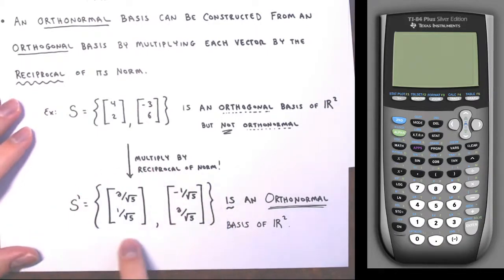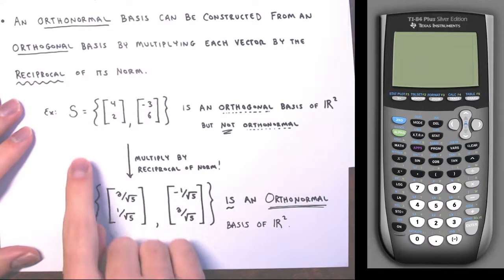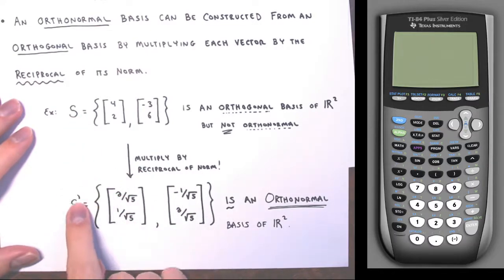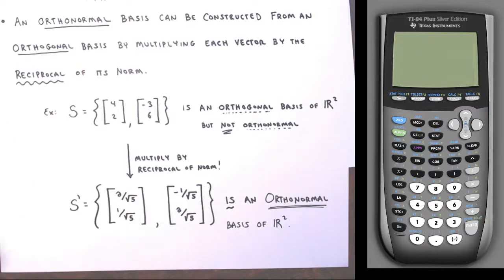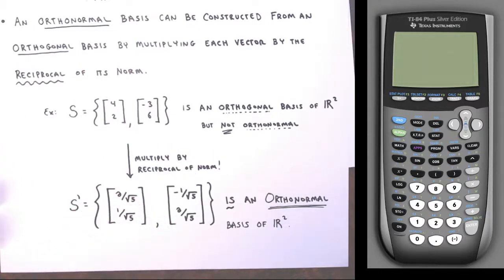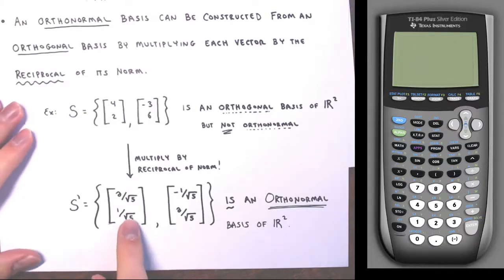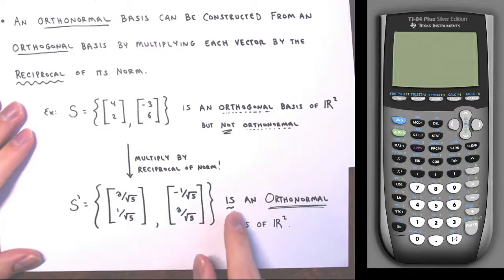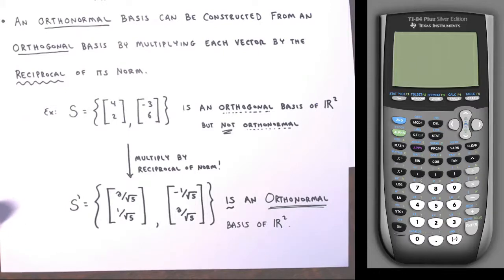This set, which is not S, so I'm calling it S prime. It's a different set of vectors, but it came from S, so the S is still there, but I'm calling it S prime so it's different. This set is an orthonormal basis of R2. Right, so it's a basis for R2, right? Every vector in R2 can be written as a linear combination of these two. They're independent,